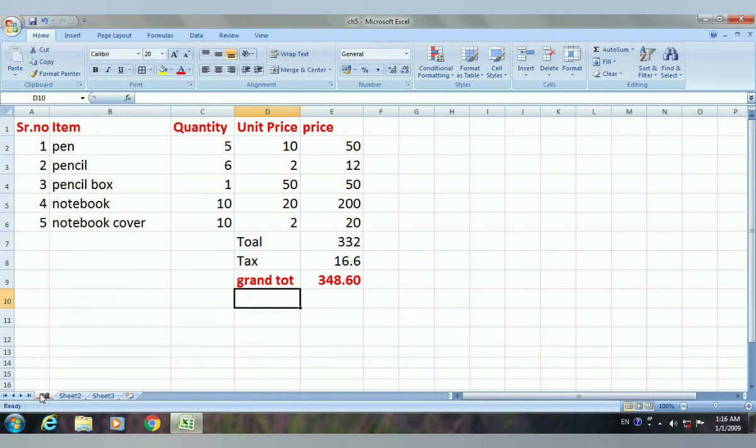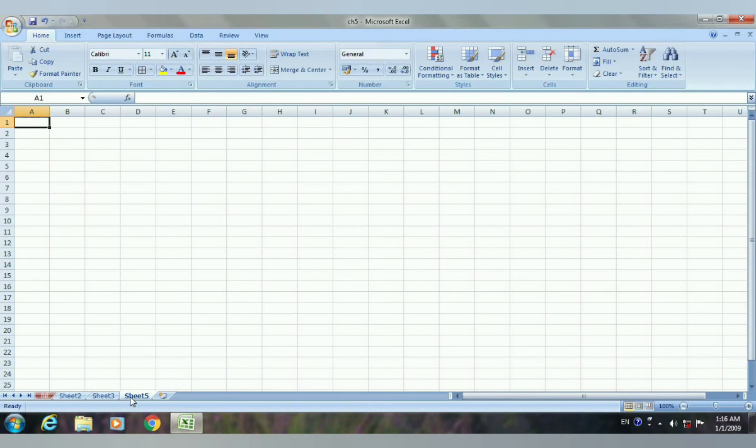Now you can see the difference between these two tab colors. If you want to insert a new worksheet, you can insert it by clicking on this button. As many sheets as you wish you can insert, and if it is not required, just right click on it and click on Delete.